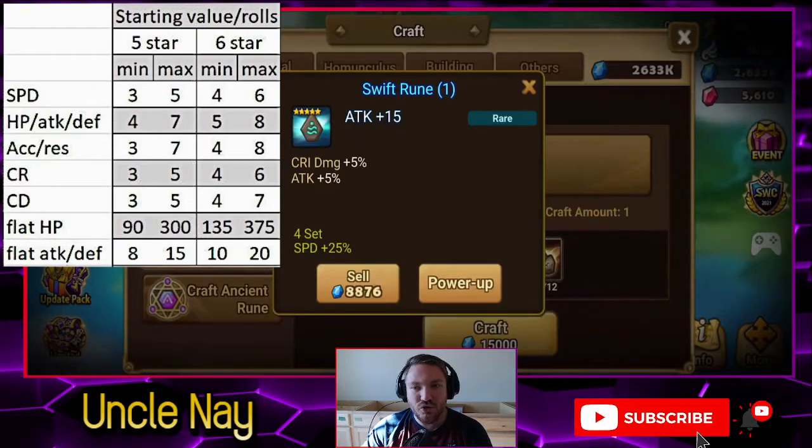So this is a 5-star rune, and we see that that is the maximum crit damage that it can have. That's a 5 crit damage maximum roll. What about attack? Well, for a 5-star rune, the minimum attack it can have is 4. The maximum attack it can have is 7. So this is kind of towards the low end on attack, right? That's 5% crit damage, 7% attack. Plus this being a 5-star rune,